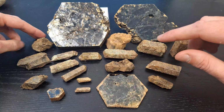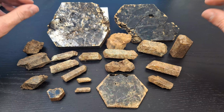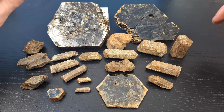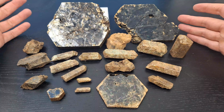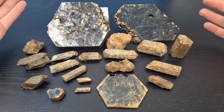So when I'm saying I'll put my specimens in Iron Out, I'm specifically talking about my apatites, my feldspars, and then I'll quickly dunk my magnetite chunks in Iron Out just to get rid of the upper layer of oxidation. But these are probably going to be as clean as they're going to be for a while because I'm just super busy with work, so I don't have a lot of time to do